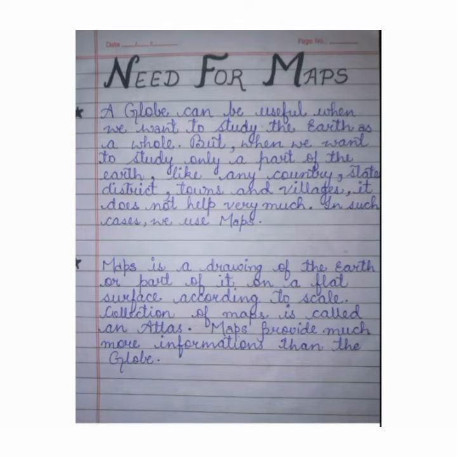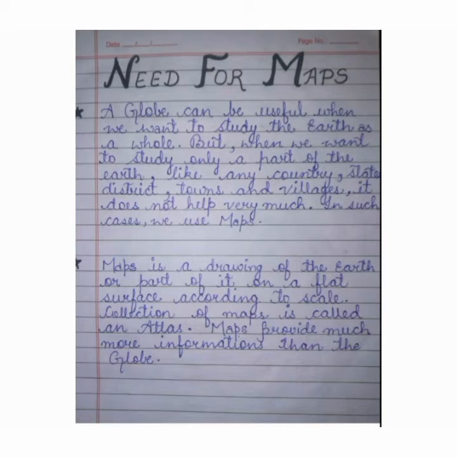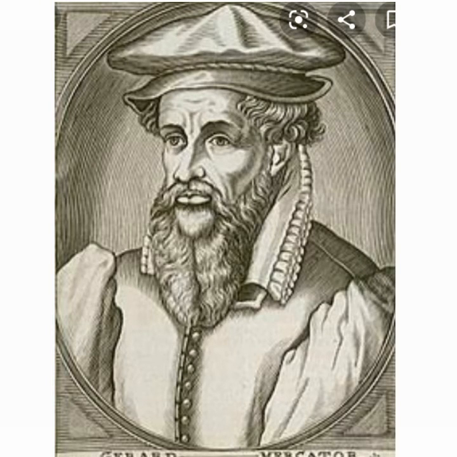Do you know the word map has been derived from the Latin word mappo, meaning napkin, and the art or the skill of map making is known as cartography. And the people who make the maps are called cartographers. There are various types of maps, and when many maps are put together we get an atlas, and the first person to publish a collection of maps in the form of a book was Gerardus Mercator.